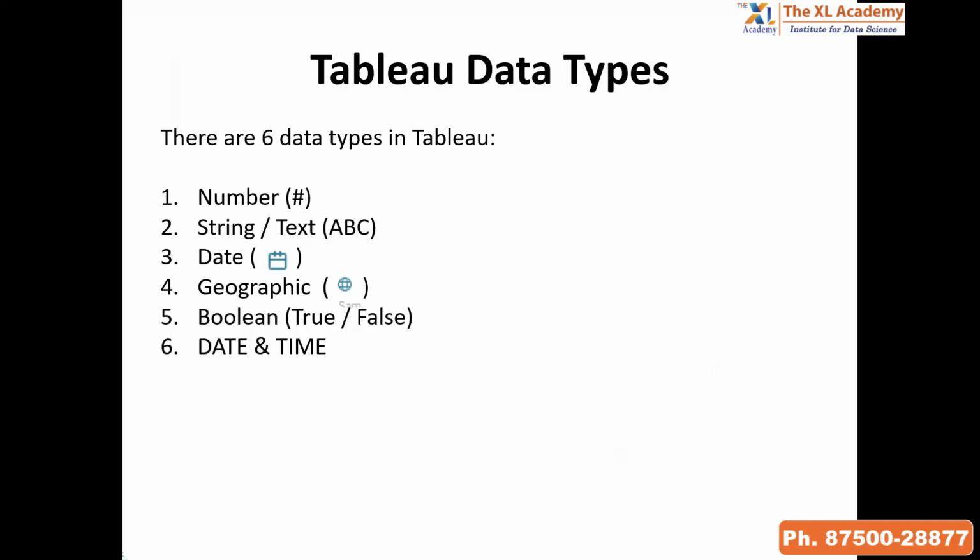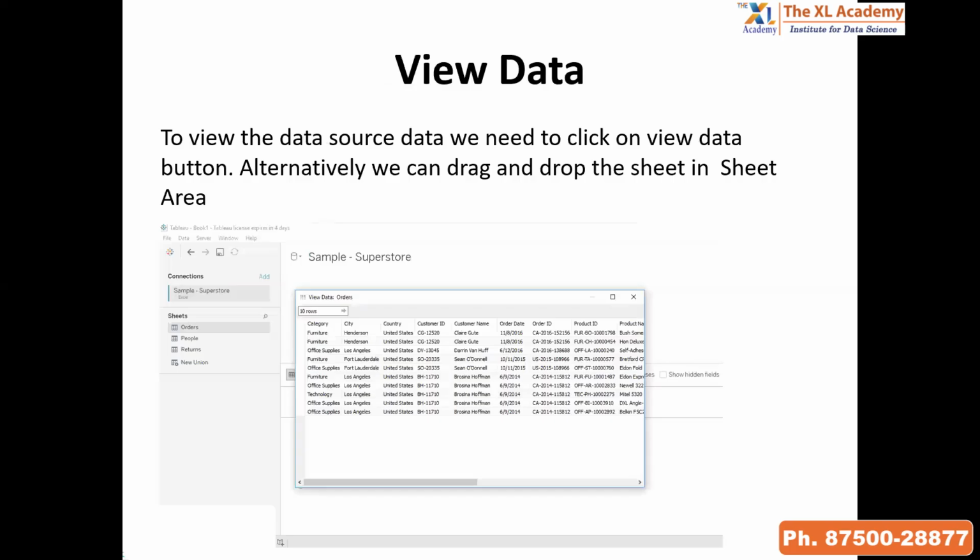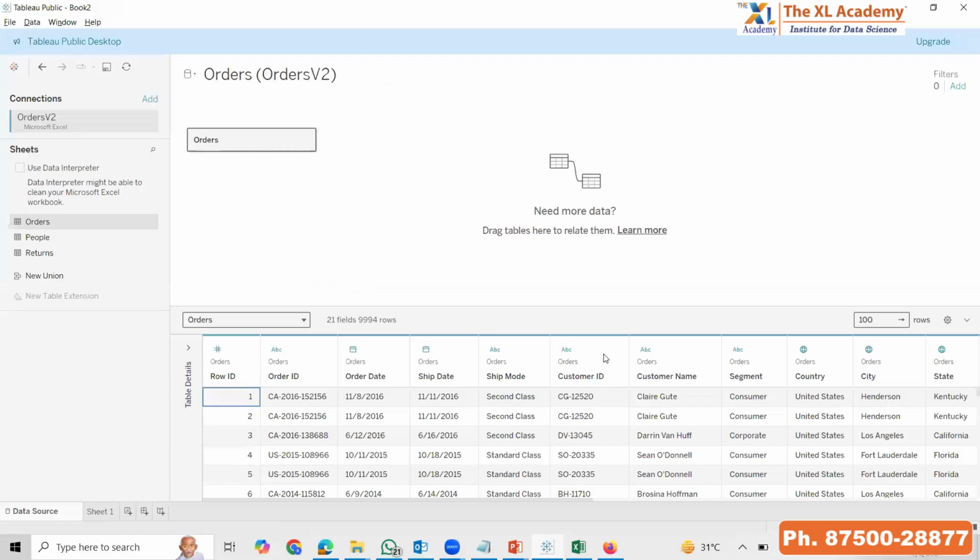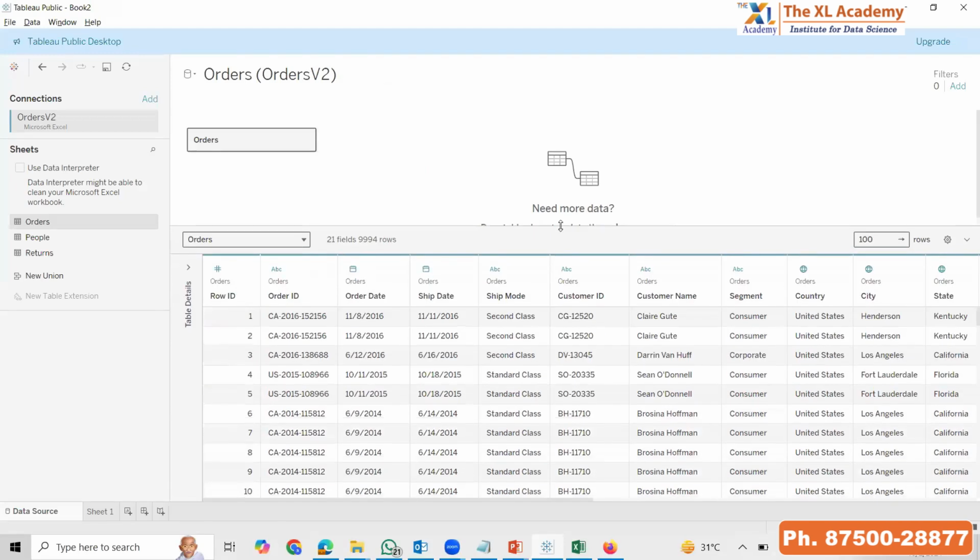Okay, then we have a date time data type. अगर डेट के साथ आपके पास टाइम भी है, like 2nd of October 10:40 AM, right? इस तरह का डेटा होता है, so that is a date time data. अभी नहीं है हमारे पास। चलिए आगे बात करते हैं viewing of the data. सो ये वाली जो हमारी शीट है जहां पे आपको नीचे डेटा दिख रहा है, सो दिस इज फॉर द व्यूइंग पर्पस। अब टैब्ल्यू डज नॉट वांट कि अगर आपको डेटा देखना है तो आपको डेटा सोर्स में जाना पड़े।